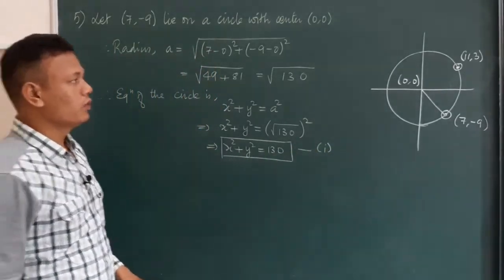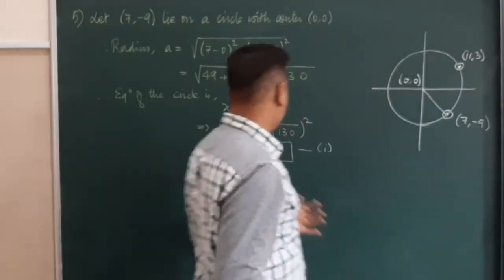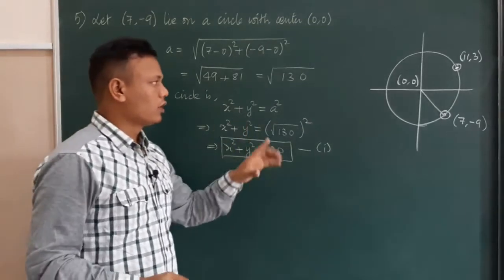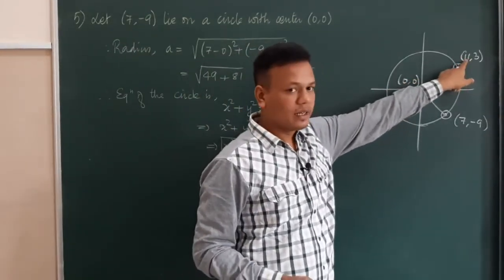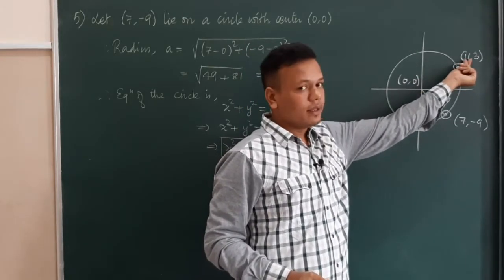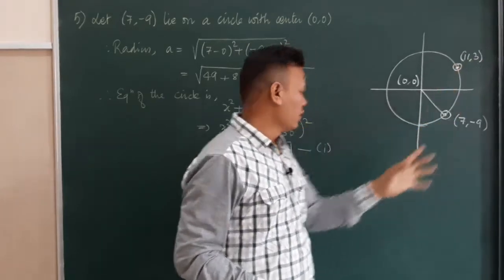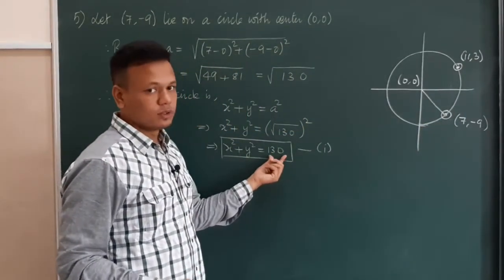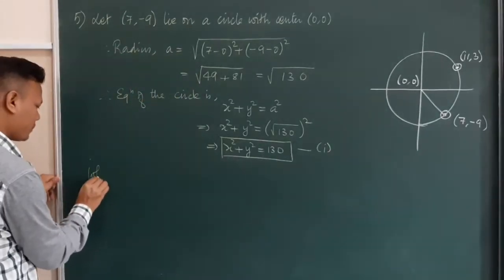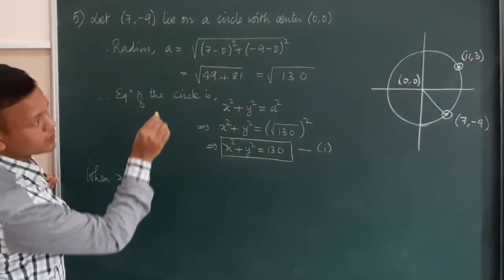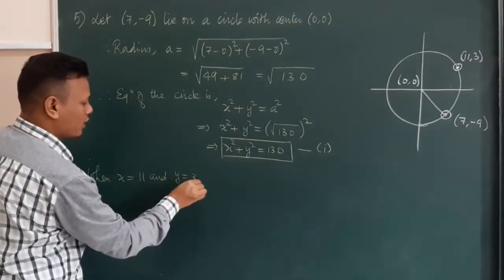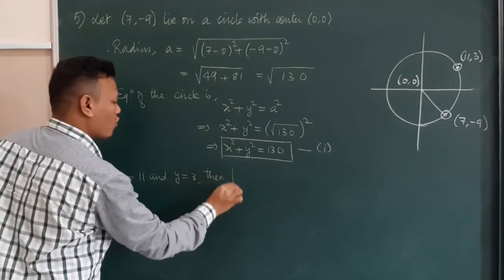Okay. Now we need to prove 11 comma 3 also lies on this. So let us see whether it really lies or not. Suppose if this point 11 comma 3 lies on this, then we can substitute the value of x to be 11 and the value of y to be 3. So if I do that, then our right hand side should turn out to be 130. So when x is equal to 11 and y equals 3, then from 1,